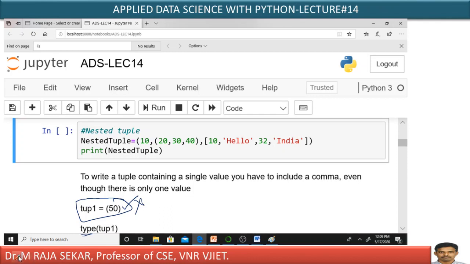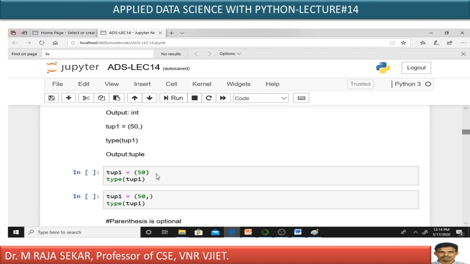If you say type tup1, it will display int, meaning the system will treat it as an integer. In order to treat it as a tuple, you must keep a comma. Instead of only 50, I must write 50 comma. Then it will be treated as a tuple.